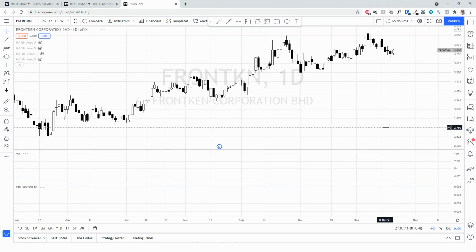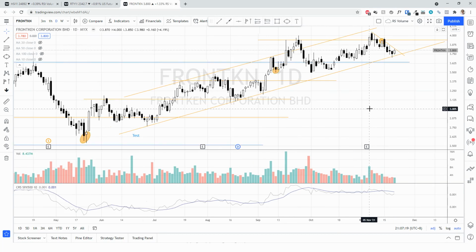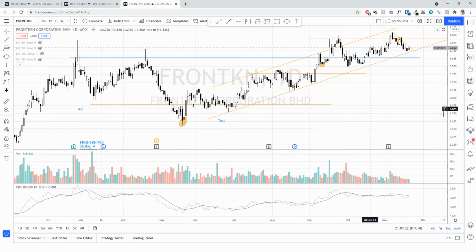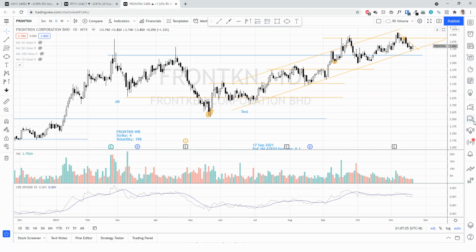Next one is FRONTKN. Okay, FRONTKN is still a very strong stock, and in terms of the accumulation structure, I still like it. So this is a very important point. This is the first time that it initiated a breakout, and despite the spike of the supply here, and also here as well, spike of the supply, but look at this. We don't really see quite a lot of reaction. So this is a reaction, unlike the previous reaction that we got. So this is the first clue.